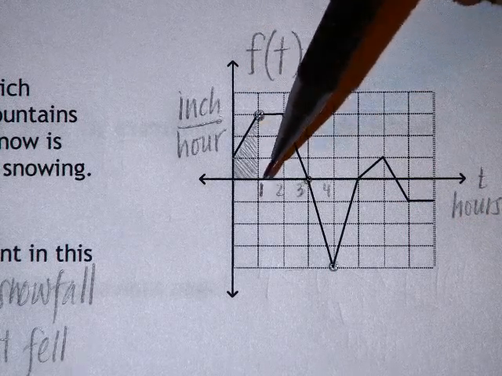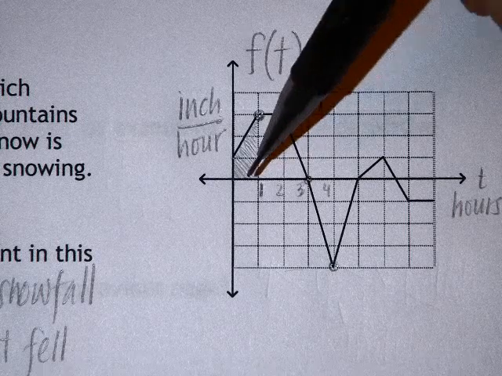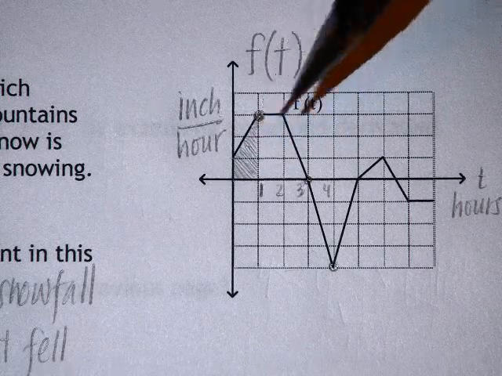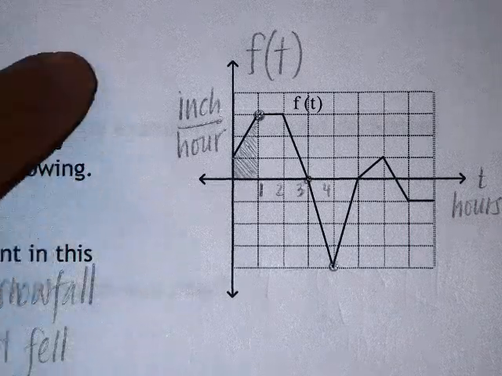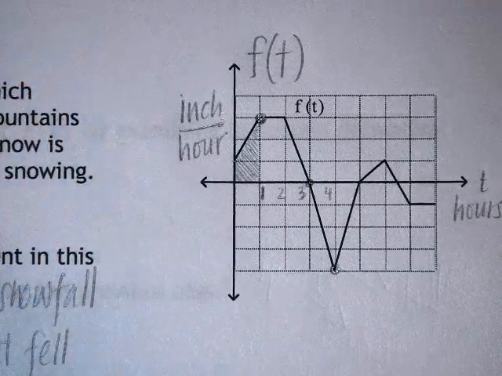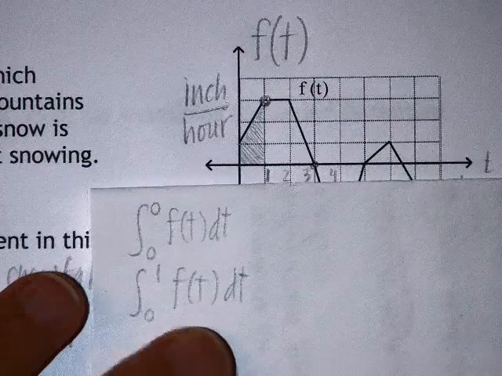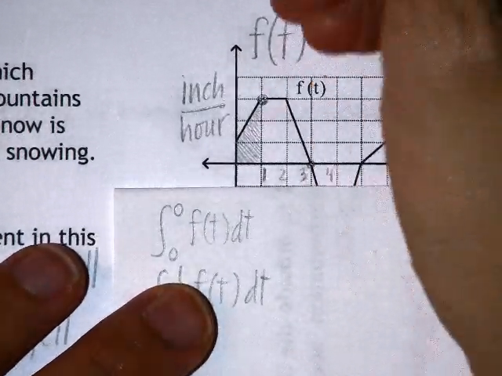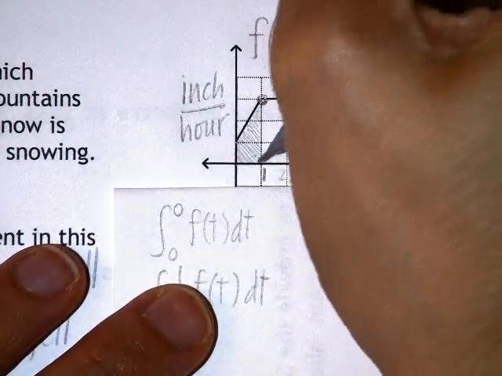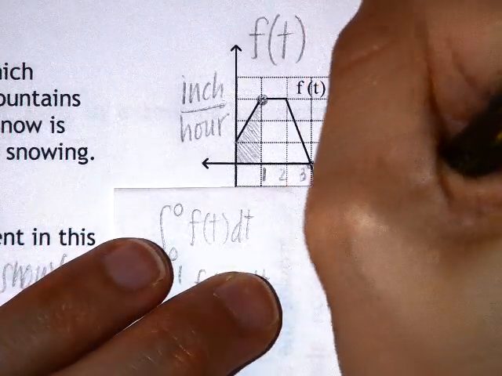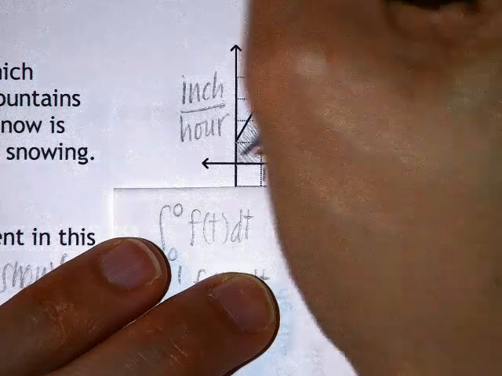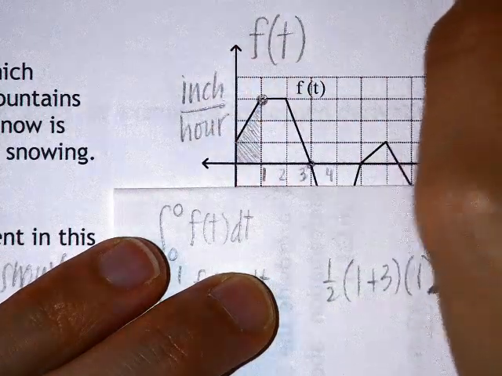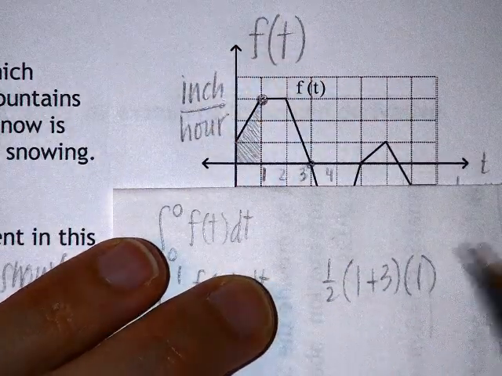You could look at it as a sideways trapezoid, or you could see it as a rectangle plus a triangle on top of it. Doesn't really matter, but I'll just think of it as a trapezoid just because that seems to occur to me to do quickly. That integral then, or that area, would be a trapezoid sideways, so its bases horizontally would be 1 plus 1, 2, 3 times its height, which would be 1, and then half, because that's the formula for the area of